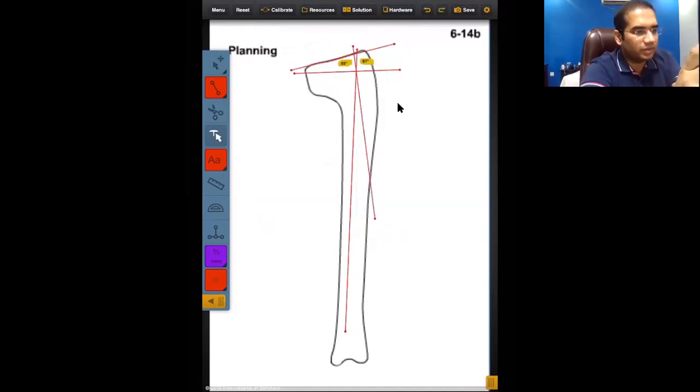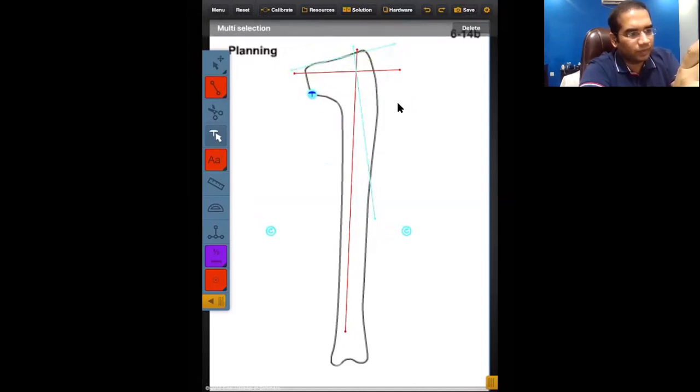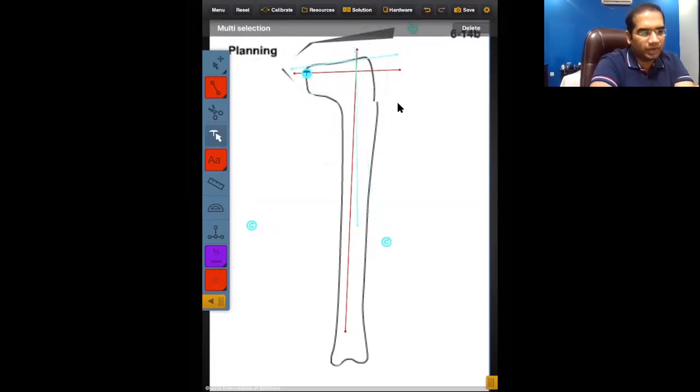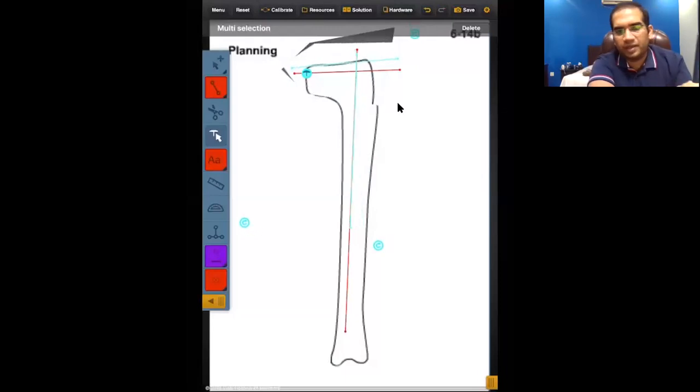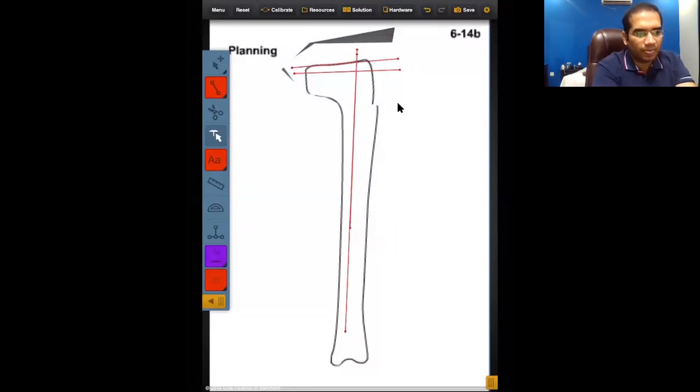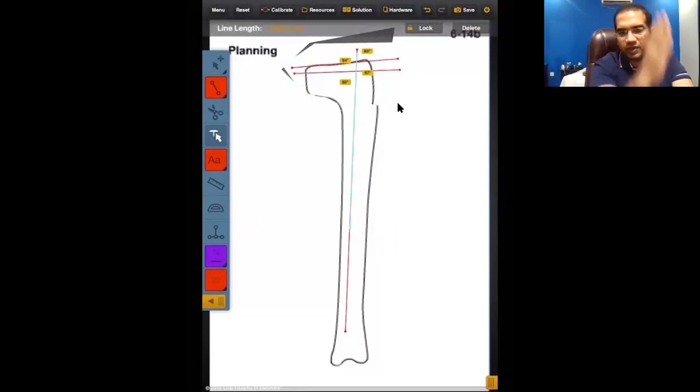Let's speak about what is going to happen in practical terms. I would prefer a closing wedge osteotomy over here. So all you need to do is calculate the amount of wedge that you need to take, plus you need to slightly anteriorly translate the distal femur. Okay, and this will realign.